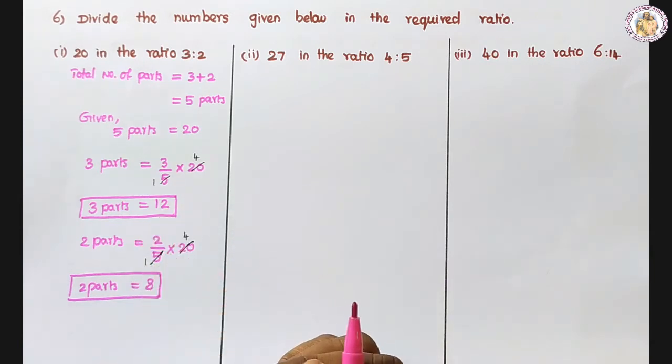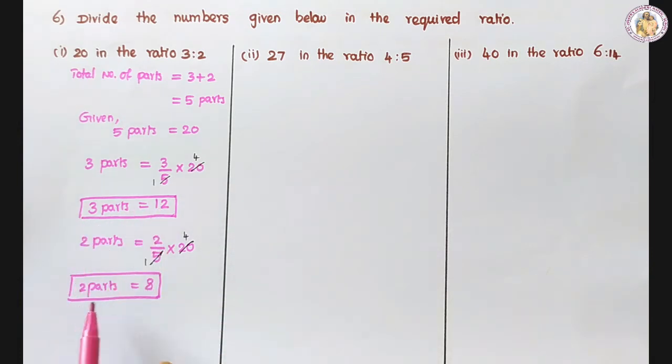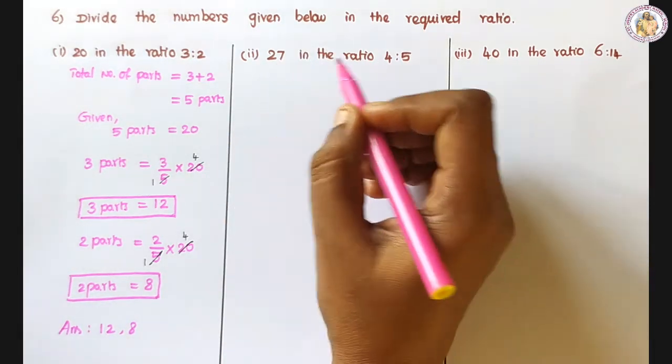12 and 8, 20. So 20 is divided into 3 parts equal to 12 and 2 parts is 8. So answer is 12 and 8. Next sum,